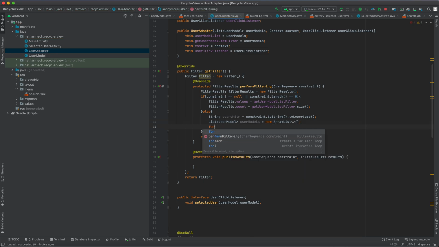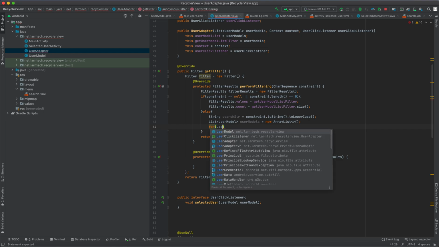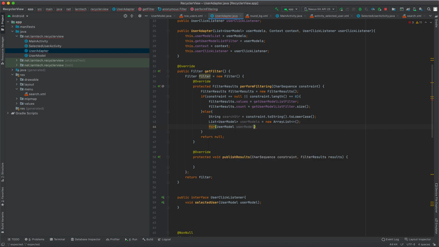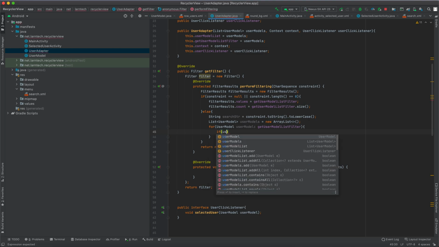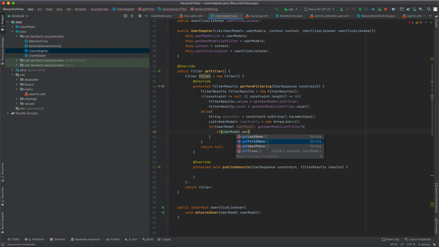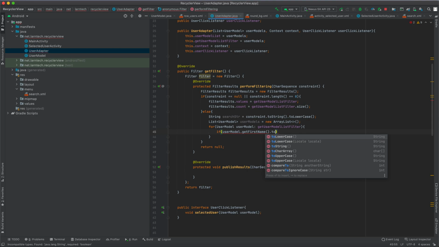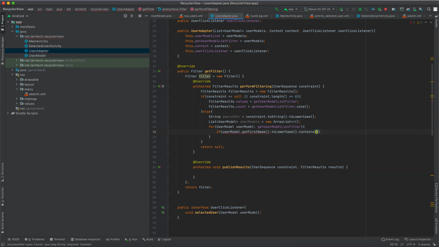Then I'm going to loop for user model. I'm going to loop, get user model filter, and if user model dot get first name dot to lowercase dot contains the filtered character, that is search string, or,